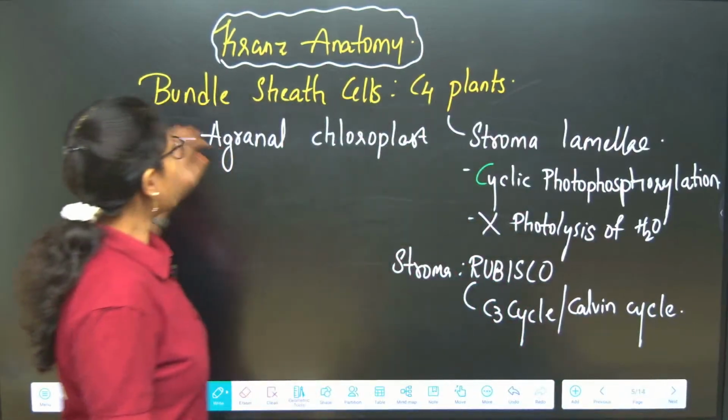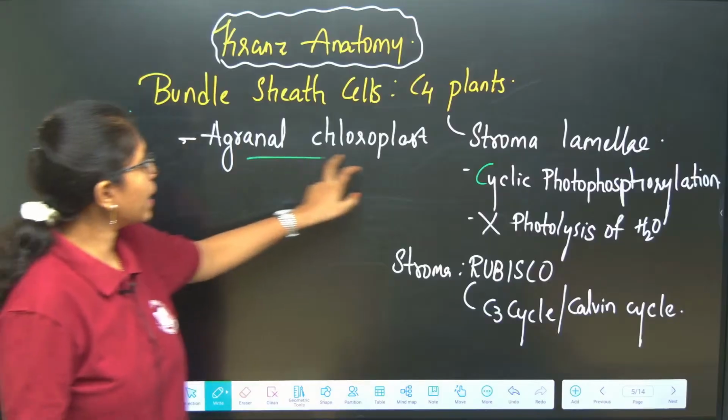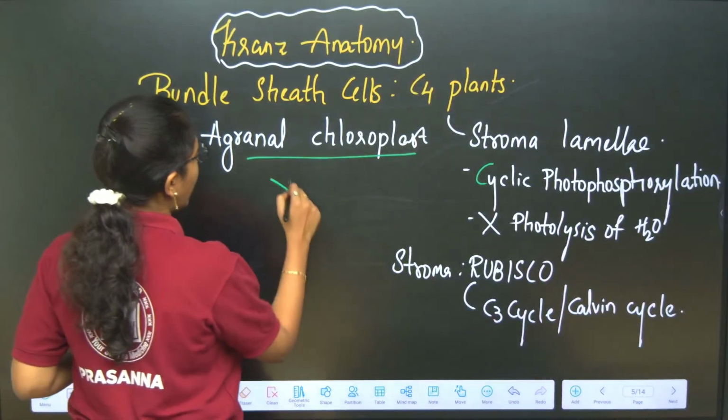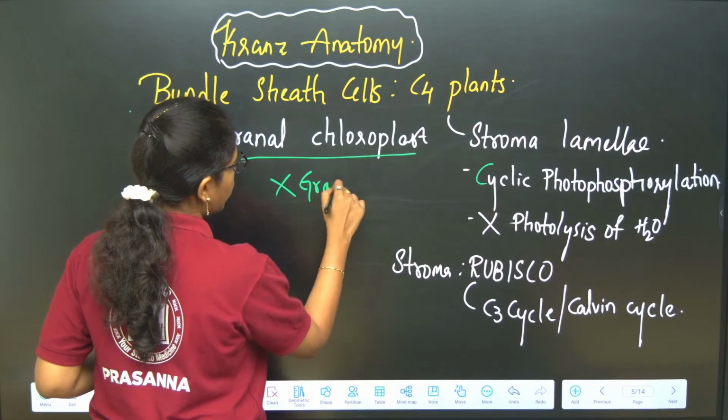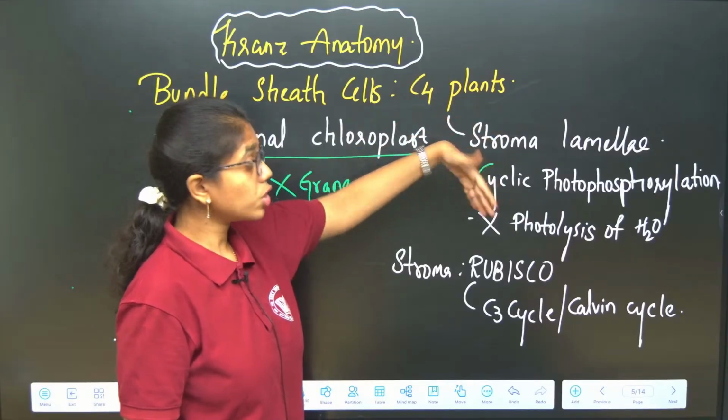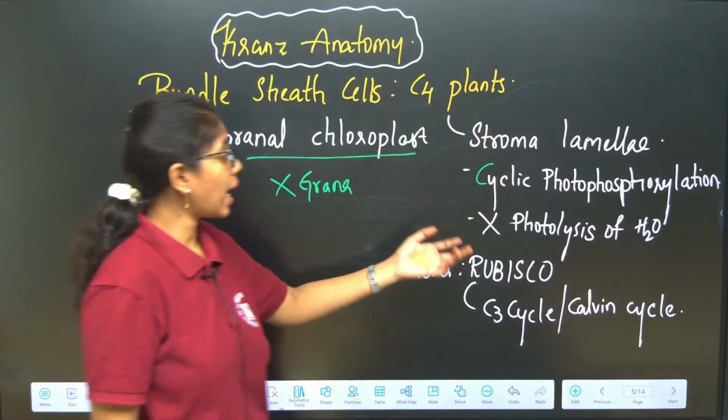The bundle sheath cells have agranal chloroplast, where no grana are present, whereas this has stroma lamellae, which is conducting